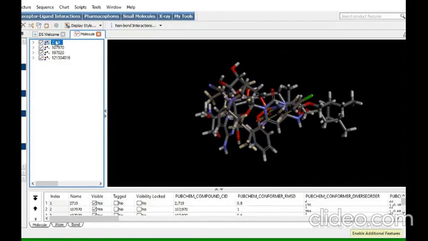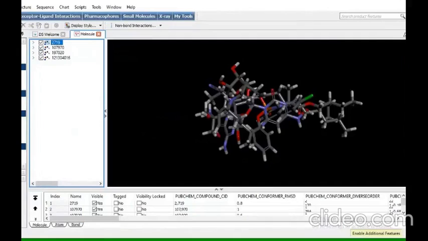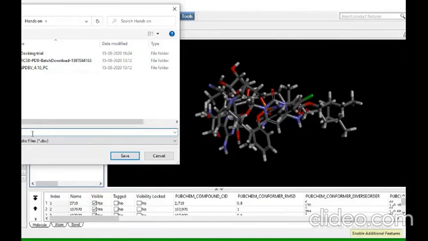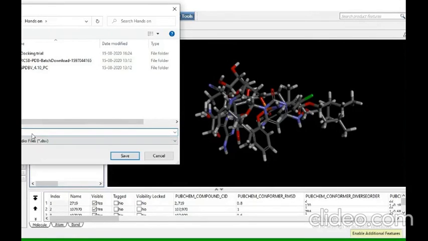Again select another molecule. Like that we have to select all the molecules, or directly you can select like this. When you select all the molecules, then what we have to do is, see, that we did: file, insert, file, select all, save as ligand cluster. Now the ligand is prepared, according to the Pyrex software. I am saving it as ligand cluster in SDF format.